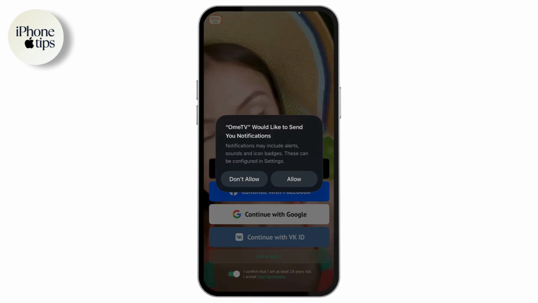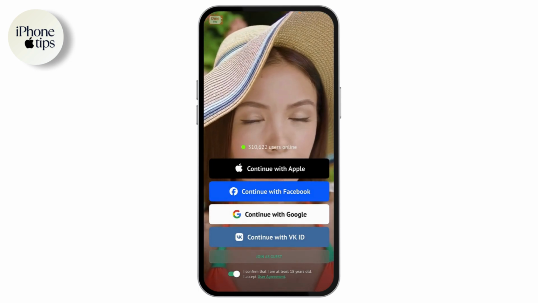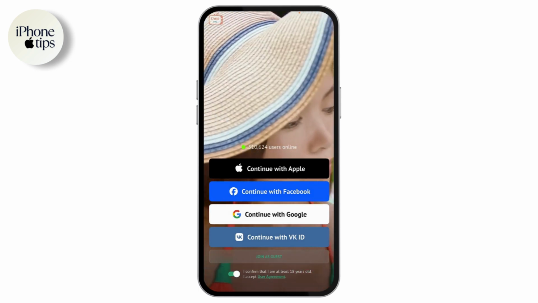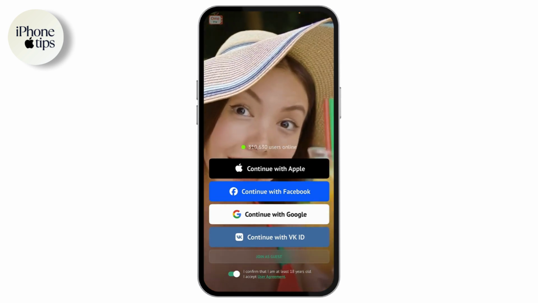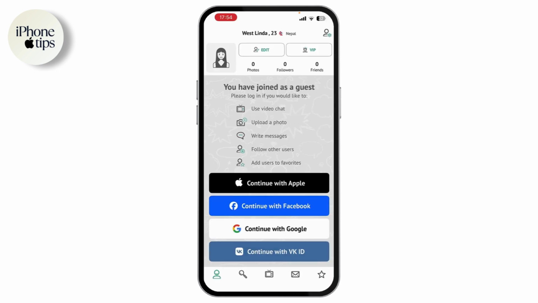the camera access. In my case, it's asking for notifications, right? So you just need simply continue with your Google or something like Apple, Facebook, or VKID. Or you can also join as a guest, select or enter your name and then your age and create profile. Now once you tap on use video chat, it will ask you if you want to allow the access to camera app. So you just need simply go and allow the access to camera, or you can just simply